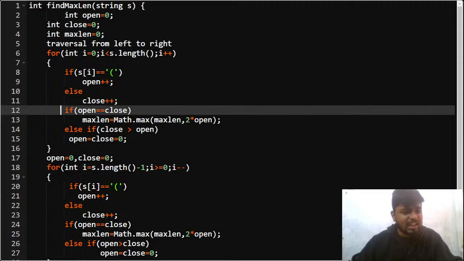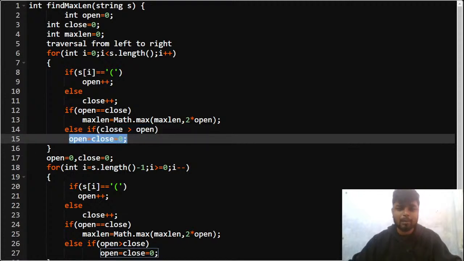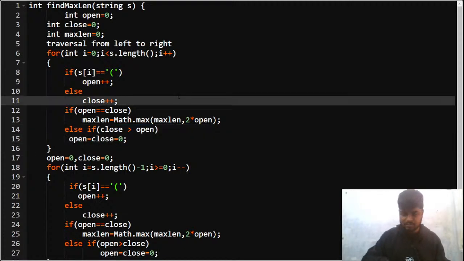Why? It will be valid because whenever I see that the number of closing brackets is greater than the number of opening brackets, then at that particular point, let's say if this was the case, if there was a closing, then there were opening and closing, right? So in this case, I see this opening, I see this opening, I see this closing. So whenever my closing is greater than opening, I'll say that okay, this is discarded. This much part cannot be my answer, right? So I'll not consider this, and I'll again mark my opening and closing as 0.